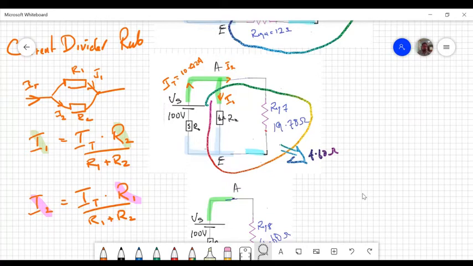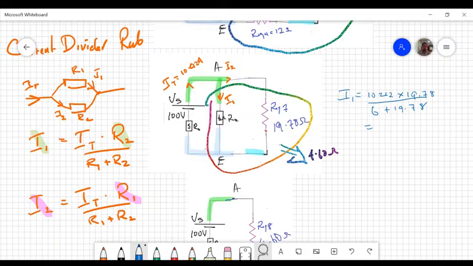So let's go and find I1. And that equals 10.42 times R2, that means the other resistance, times 19.78 over 6 plus 19.78. Putting that quickly in my calculator,